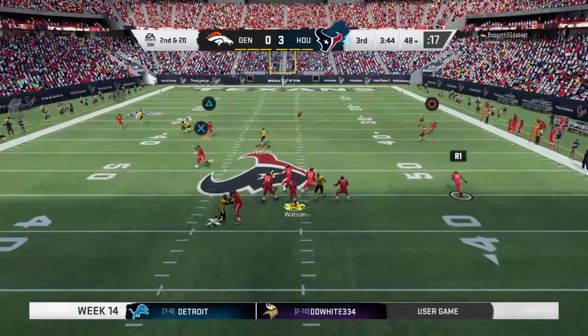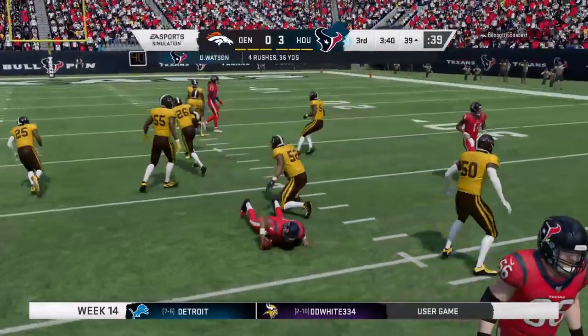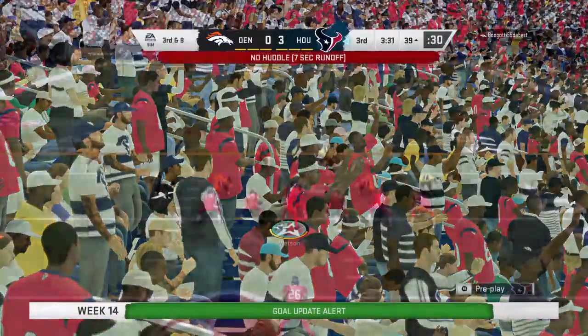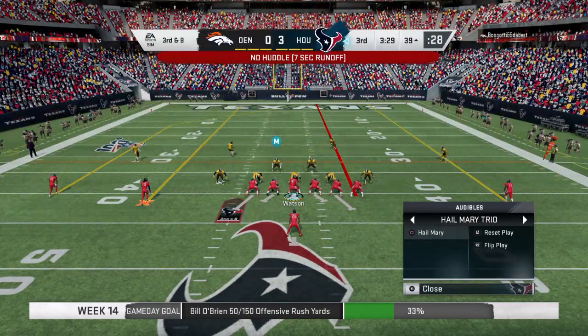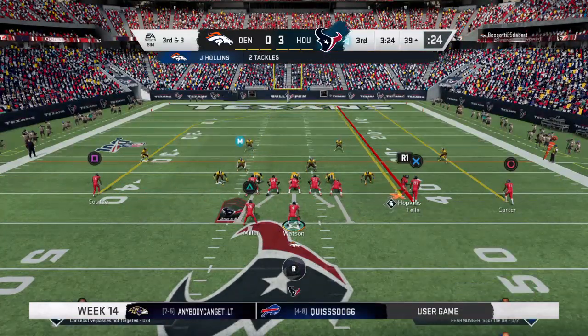To throw is Watson. And an alley to run. And he'll slide down to avoid the tackle. A breakdown defensively there as the scramble is going to set him up with a much more manageable 3rd down. It's now 3rd down and